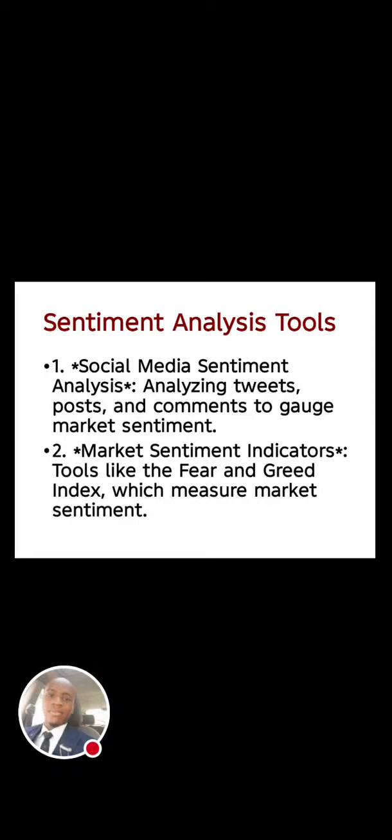When the fear is high, when we have extreme fear, you have the fear and greed index position at either 25 and below. That's extreme. The market has entered extreme fear. And one of the things you do when the market is showing extreme fear is the fact that that is the best time to buy.